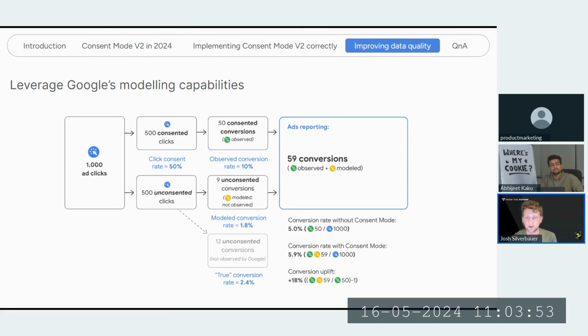So if you are going to be using kind of the advanced mode, it is going to try to compensate for some of that data that you're losing. You just want to take that with a grain of salt, and you can also gut check what's being modeled in each one of these platforms with some of the tools that Google provides. So that's one way to do it. And the other way to do it is, if you're just using basic mode, you can use other techniques like first-party data collection to really gather data in a sophisticated way, and leverage that data in ways that you have not been able to do in the past.